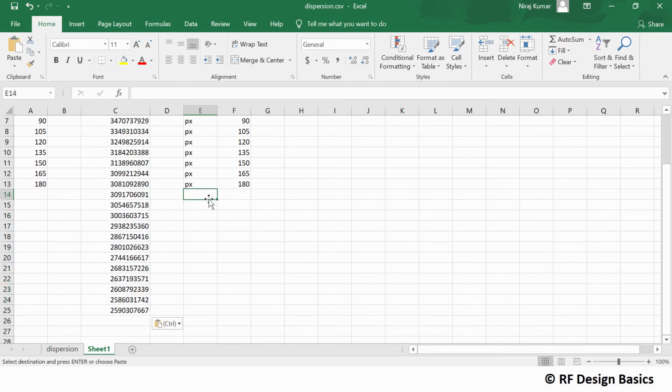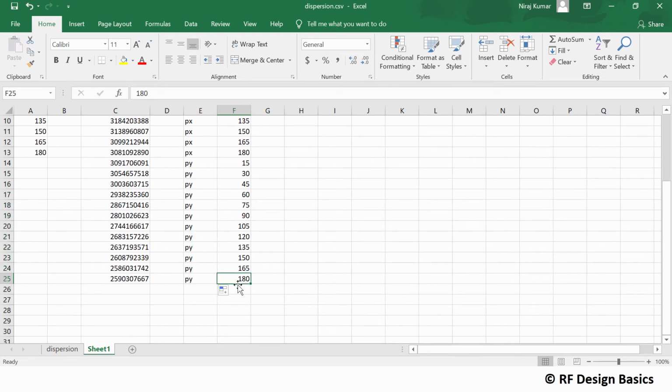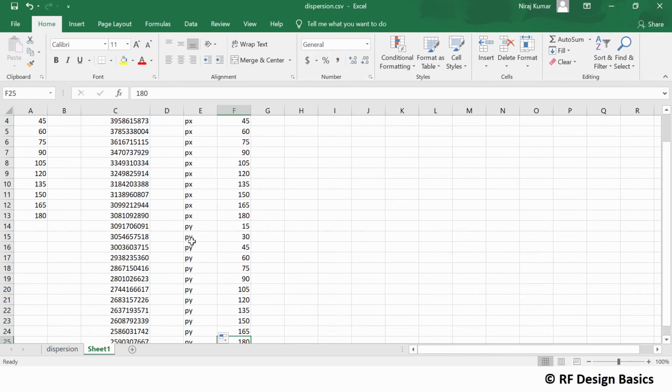Now Py 15 degree, 0 degree is the same. This is Py 0 and Px 180 degree. So Py is 15, then we have Py 30 and then we are going to drag both of them together. So we have dragged it and here we have Py. So we can see Py has become 180 degree and this value is the common value. So at this point Py is 0 degree.